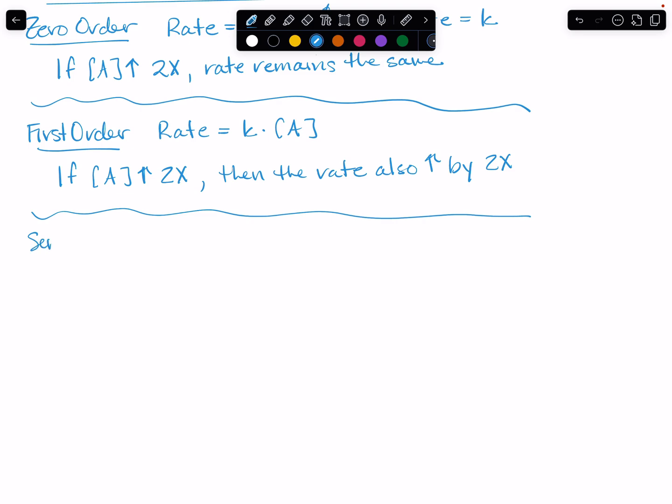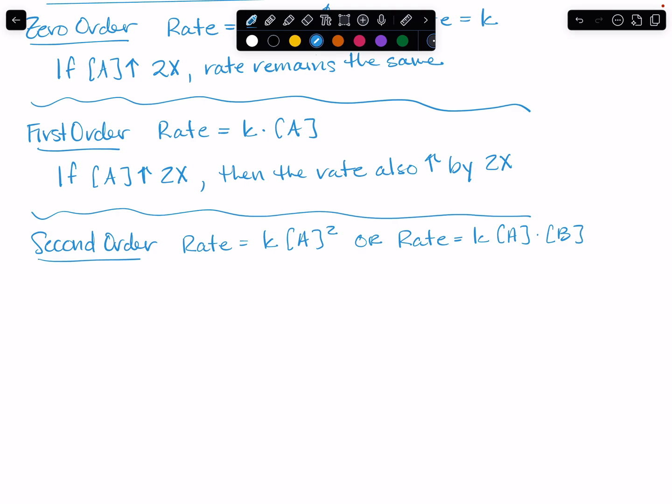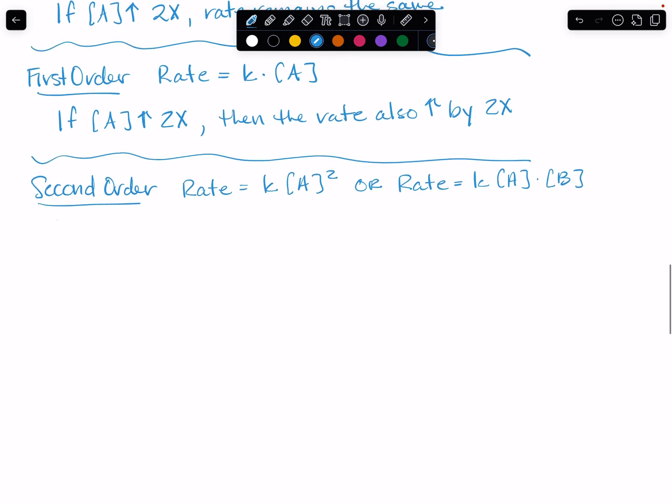All right, and then let's look last at second order. We have two options here, really. Rate is equal to K times one reactant raised to the power of 2, or we could see a rate law where we have two reactants, both to the first power, which would still give us an overall rate order of 2. In either case, looking at that first one, if the concentration of A is increased by a factor of 2,